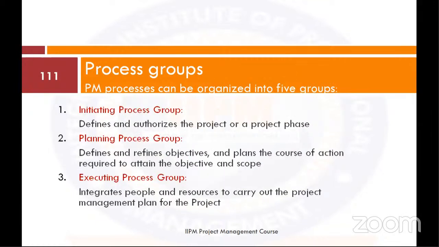Now, going back, we have the initiating process group, the ideation stage, the conceptualization stage of the project. And then we come up with the business case. We've done the feasibility study. We've established the sustainability and the impact analysis of the project. Then we can say, okay, this project is viable. Then we can initiate it. And then from initiating it, we now come down to planning how to execute the project. And from planning, we now have a project management plan, which will guide us in executing the project.